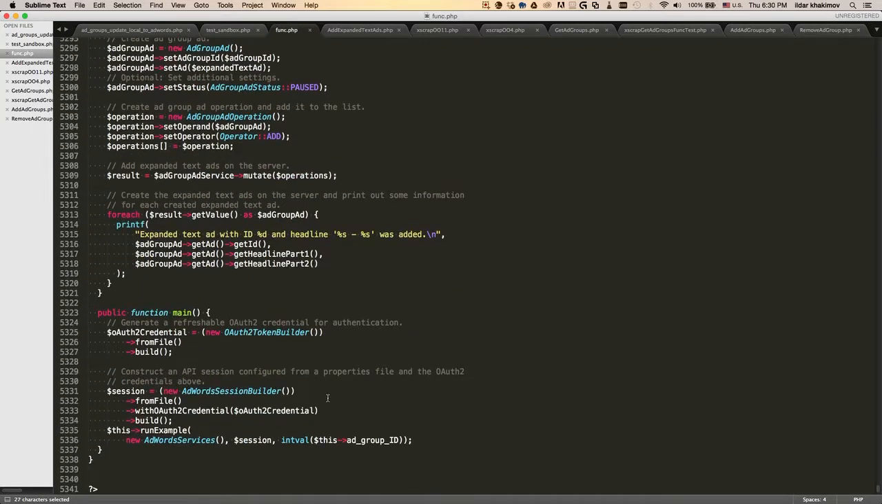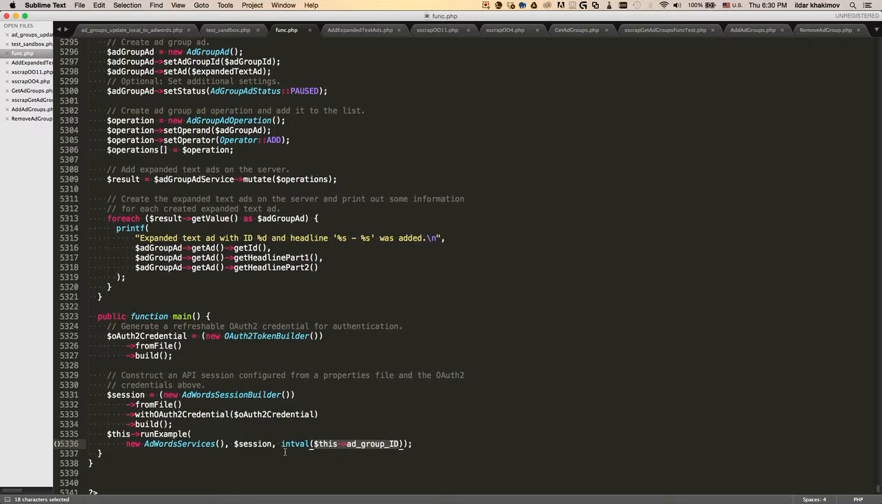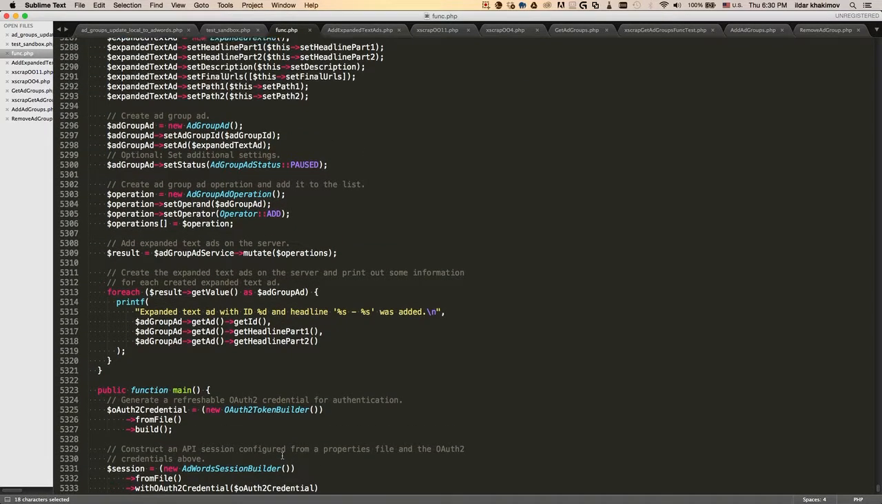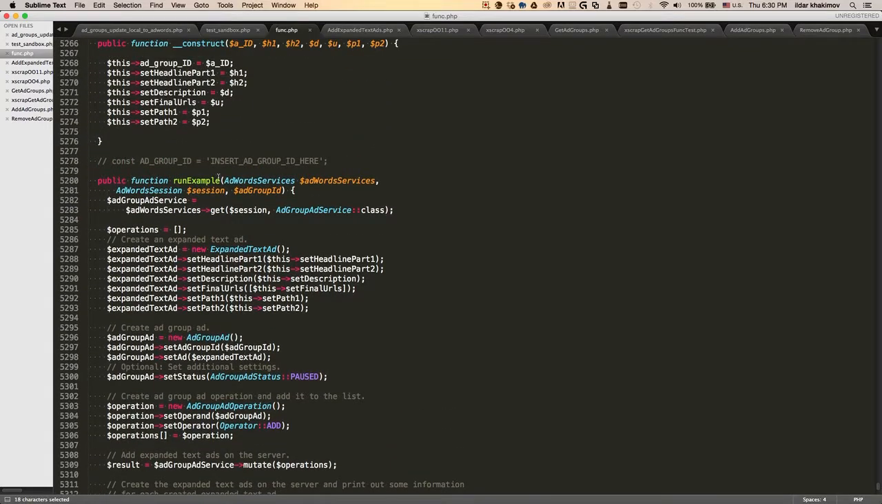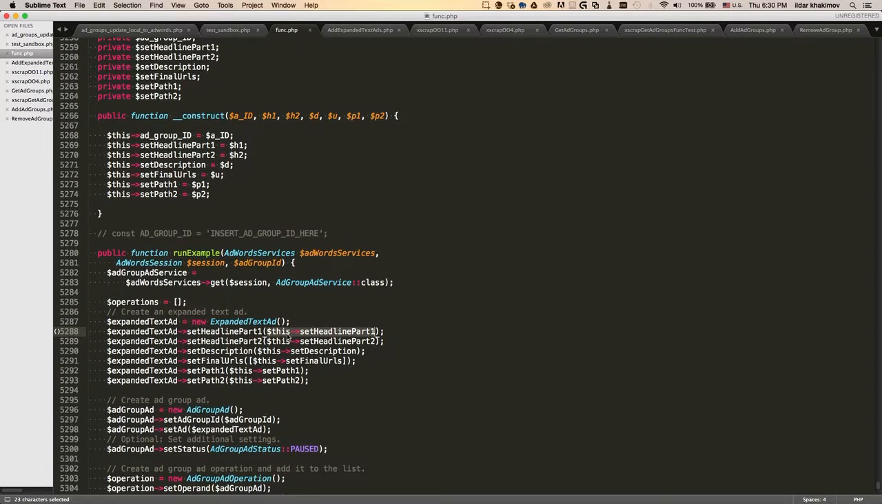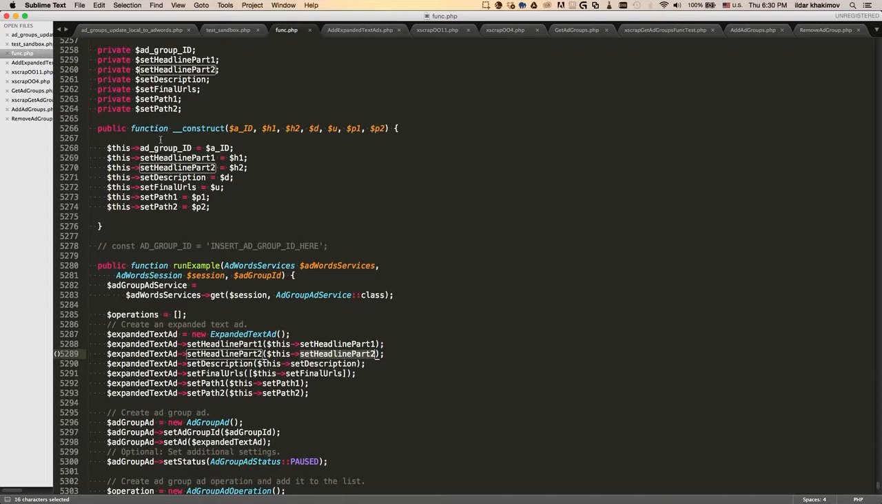So when we execute the run example, it's going to be filled up with the add group ID that we passed when we instantiated the object. So when we go to the run example, it has this add group ID, and then it starts grabbing the stuff that we defined before. It grabs the value of this object's headline part 1, headline part 2, the stuff that we were defining